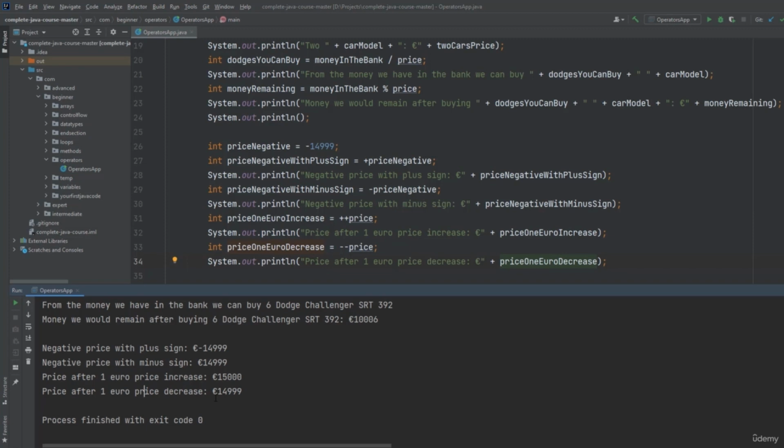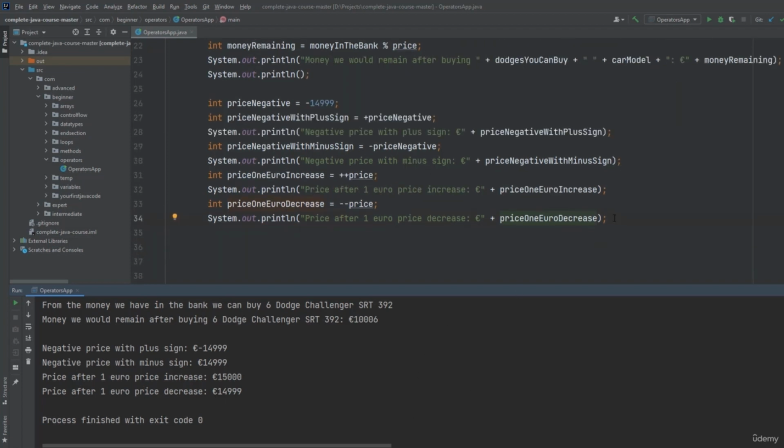Okay, one last operator in this group is the exclamation mark that can change a Boolean value to the opposite value. So it makes a false true and a true to false. So we don't use a separate variable for this. So after this line here,